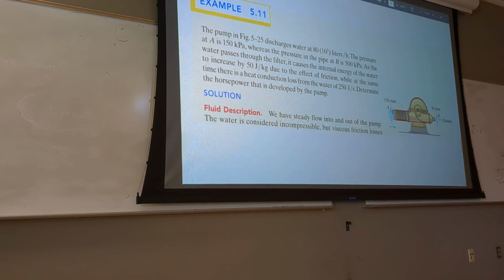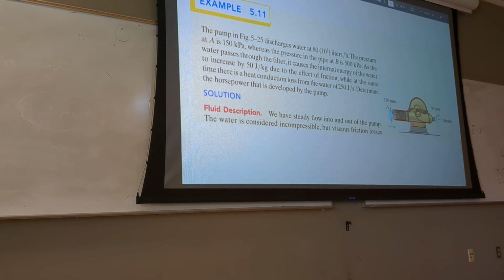And then it says there is a filter here. So what's the effect of this filter? If the flow passes through that filter, what happens to the flow? It slows down. Even before you solve it, you know from your previous experience that the filter is going to slow it down. It's going to damp the energy. It's going to increase the internal energy because of the heat and dissipation.